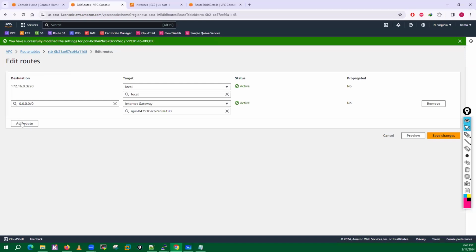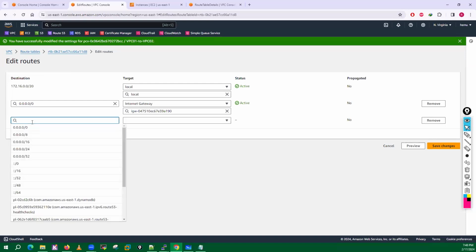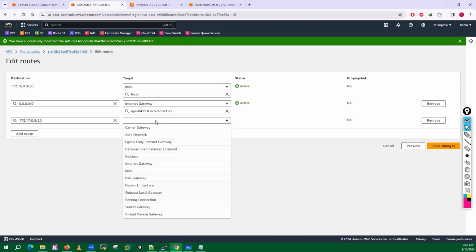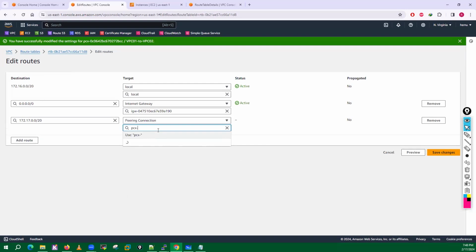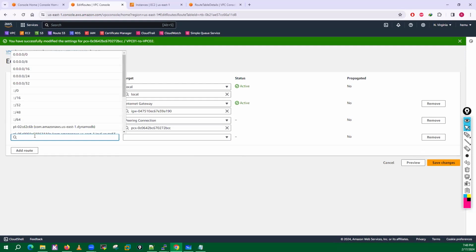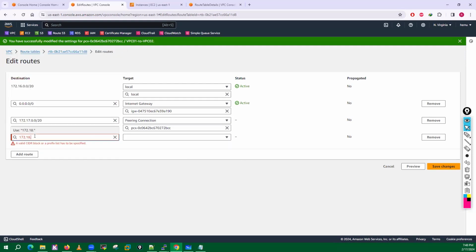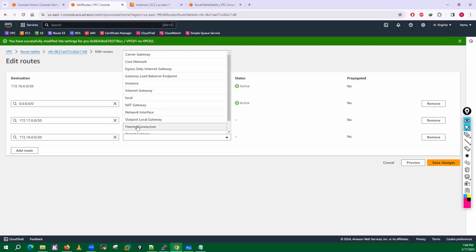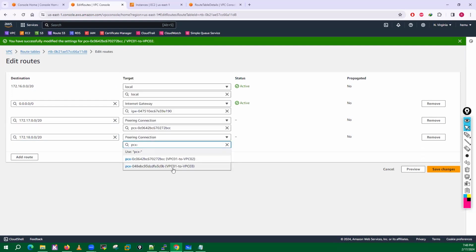Add the routes here, and I will add one route towards 172.17.0.0/20 via the VPC peering connection which is between VPC1 and 2, and for 172.18.0.0/20 the VPC peering which is between VPC1 and 3.